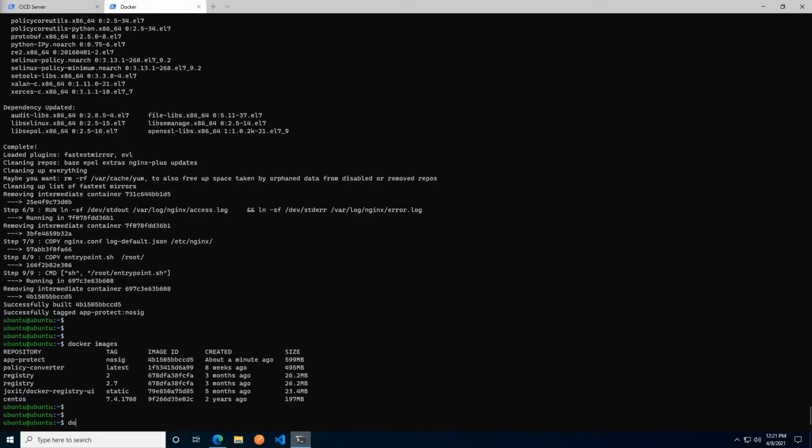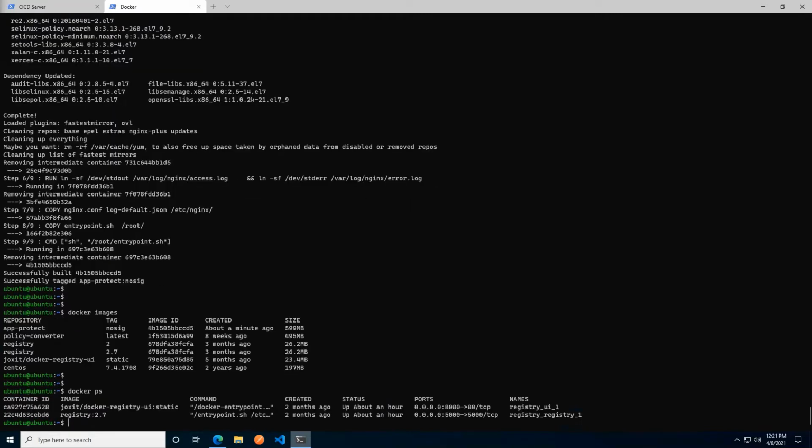Let's have a quick look and see what containers, if any, we have running at the moment. We can do that using docker ps. And we see there are indeed 2 containers running at the moment. These are both just local registry containers that we're using for the purposes of storing container images that we're creating, like the one that we just created.